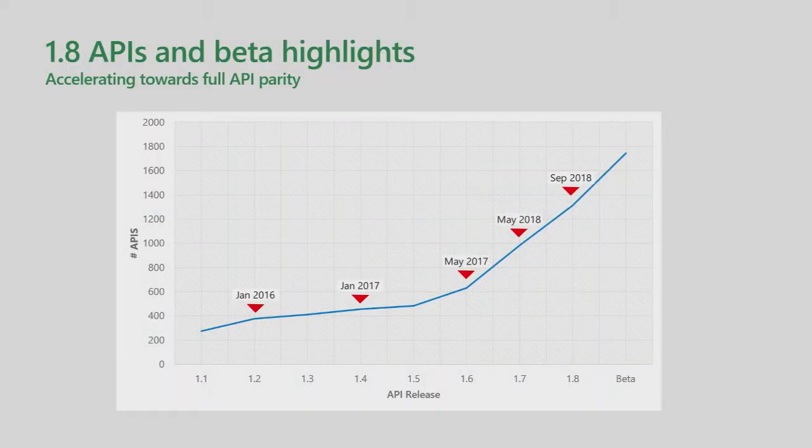The rate at which we have been releasing and creating APIs to make sure that functionality is available that is on par with or greater than what we have offered in the past has clearly accelerated. If you look at the hockey stick on this graph, this is our way of saying we're making a huge investment of time, of people, of money into making sure that the Excel that we want you to build with today has all the capability and richness of the Excel that you built with in the past, and more.